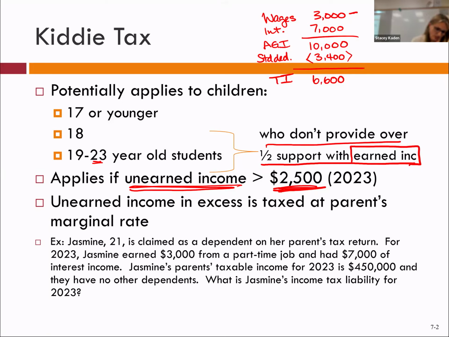Does it say that Jasmine is a dependent, which means she cannot provide over half of her own support, which means she didn't provide over half of her support with earned income, right? So she must be potentially subject to the kiddie tax. Does she have unearned income over 2,500? Yes. So to calculate the net unearned income,